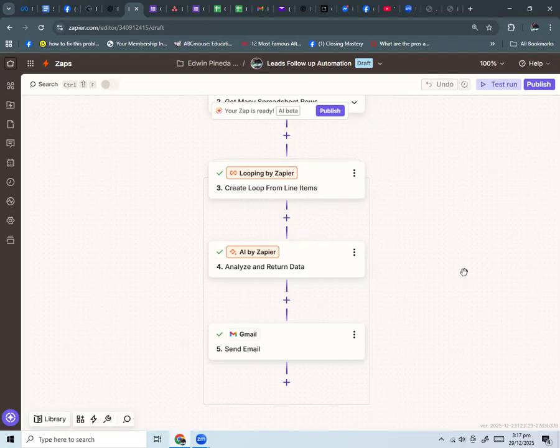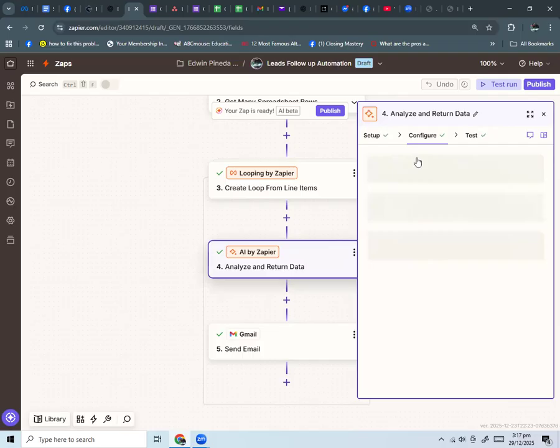By using this AI tool by Zapier, it will generate the content or the follow-up emails that you want to say to your leads. Of course, you have to put the information that this AI software will need to be able to create the right content or follow-up emails.